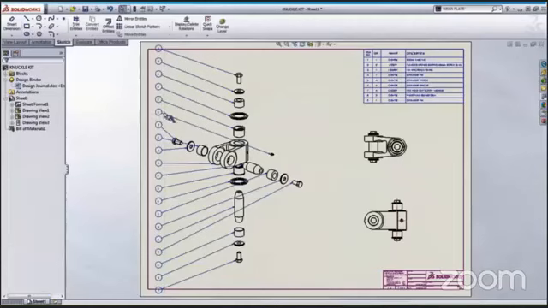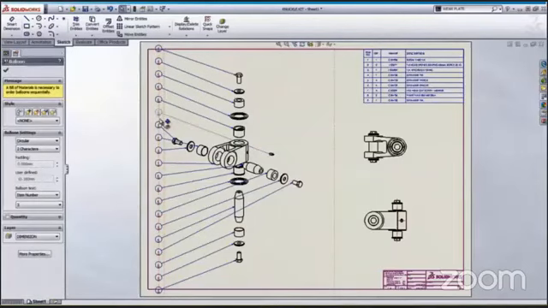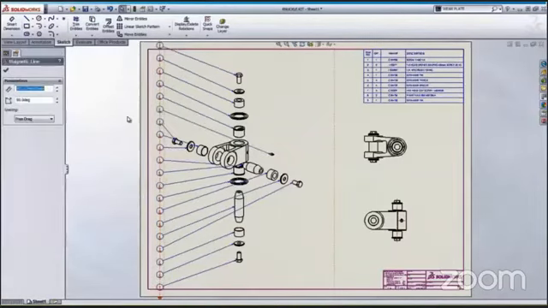For this, we will place the balloons on the left and choose to balloon all instances. These balloons are added to the view, then placed on a magnetic line.